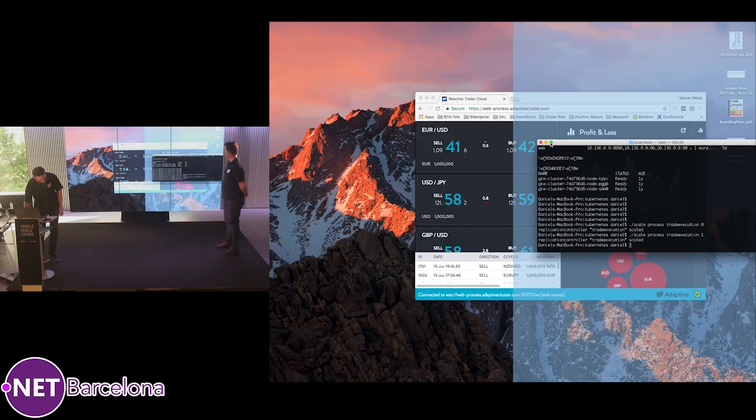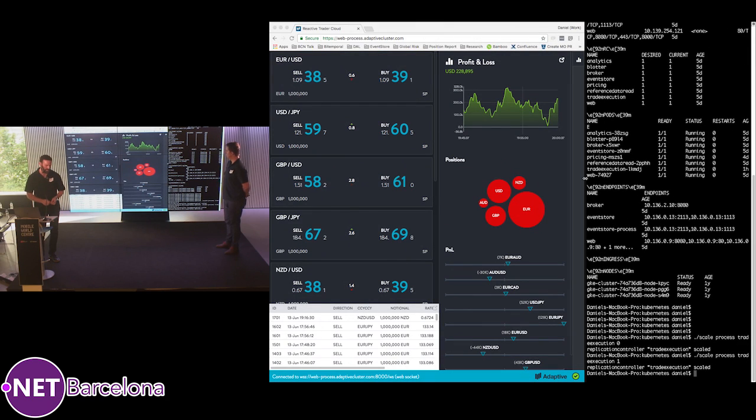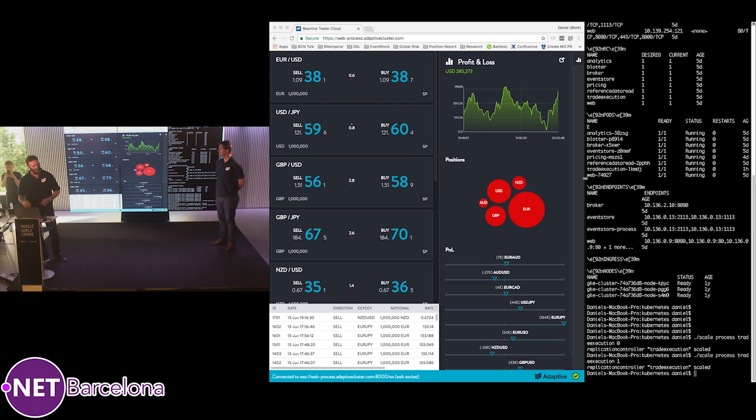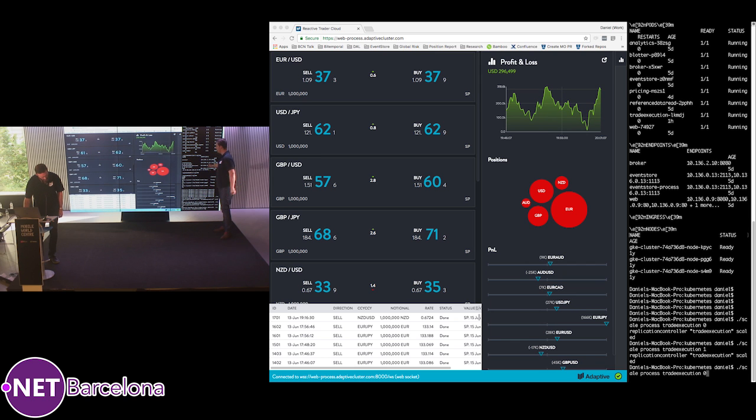So this little console window on the right-hand side, I'm just going to use that to run a few commands. We use Kubernetes as our container manager, and we have Docker containers for each of the components. I won't go into too much detail of all of that stuff. So this stuff is just what Dan's getting set up. This web app is running on Google Cloud. It's not running on Dan's laptop. We are controlling the Kubernetes cluster that is hosting all of these